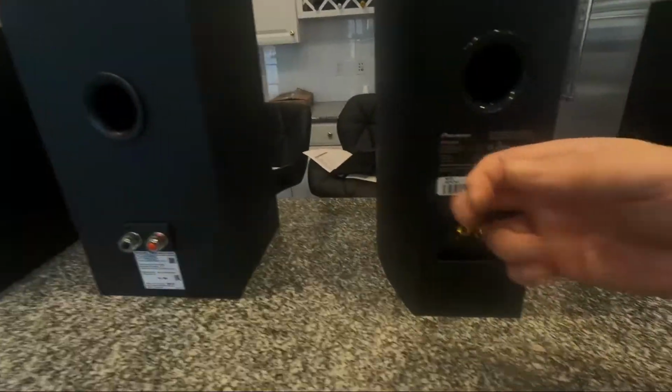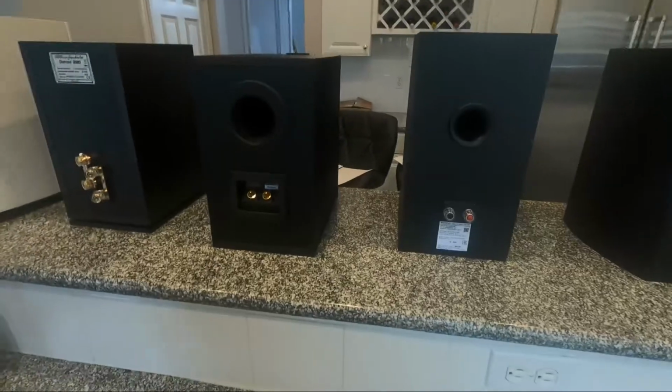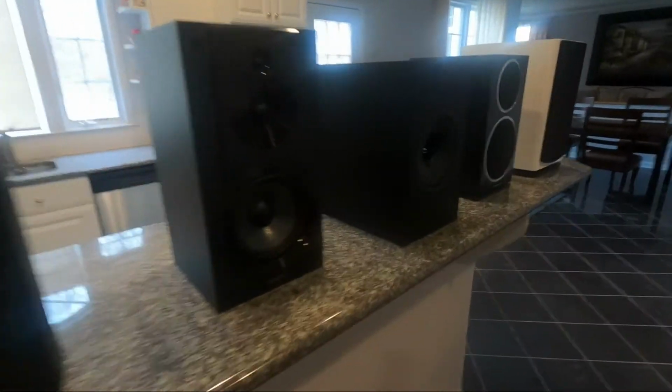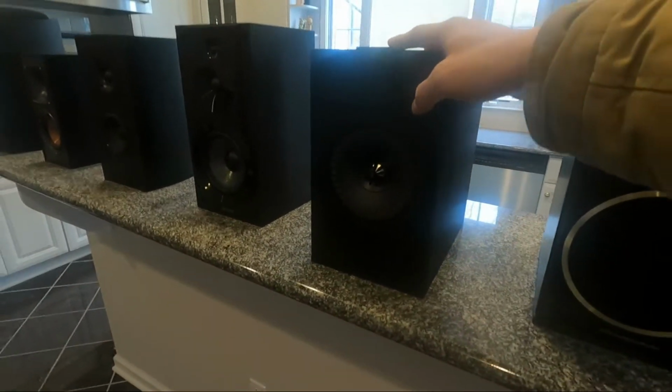So a little bit hollow, but for the price, I think this is what you're going to get. The sound is more important, so later on, let's focus on the sounding of these speakers. And the next one that comes up is the Caf